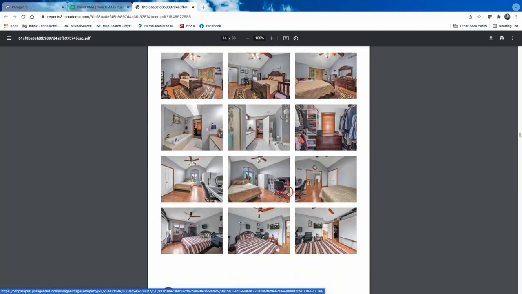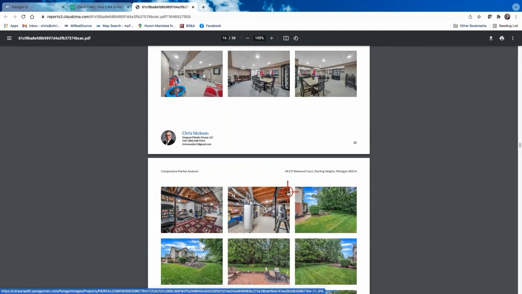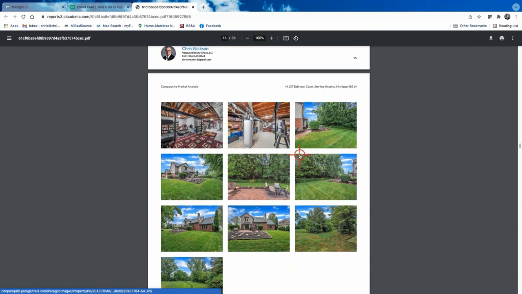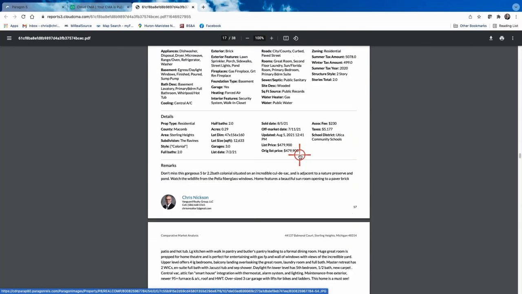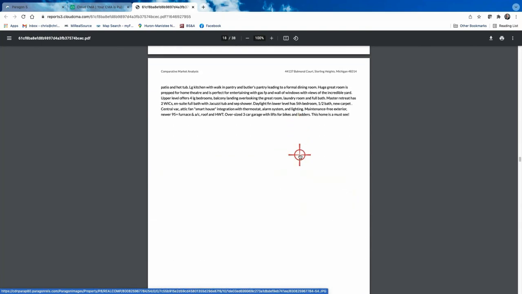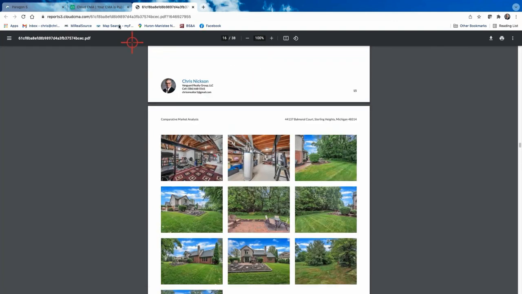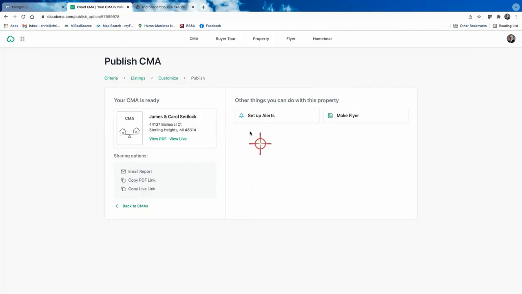It shows a lot of the home, but you're going to have several pages on just that one home of all these really good pictures. But still, you don't need all that, in my opinion, for a CMA, because you're trying to show them comparable properties, but you're not necessarily trying to show them everything about the other person's home. That's my opinion. So what I would do is I would come back up to the CMA,